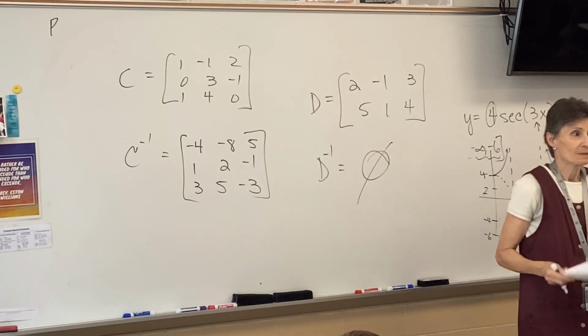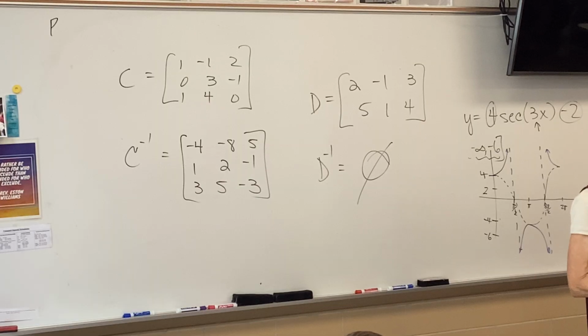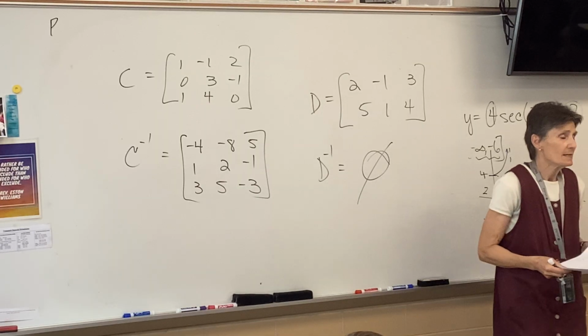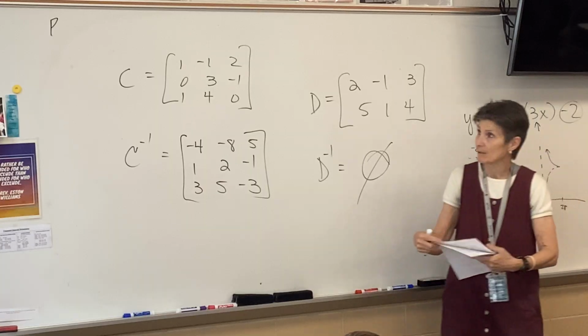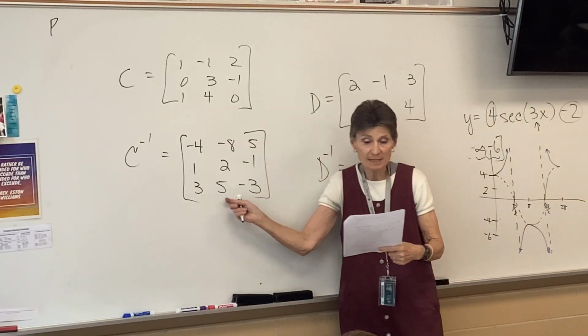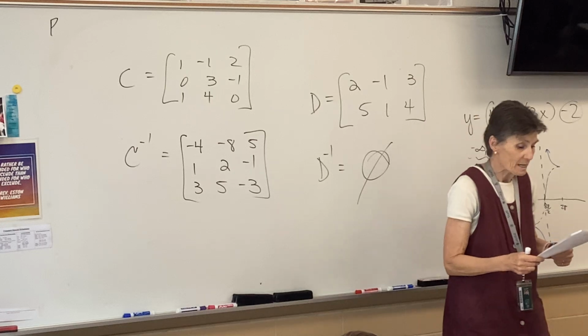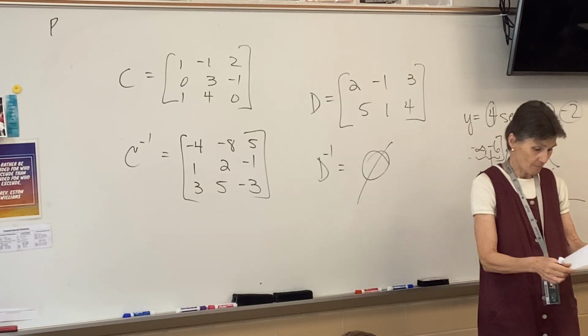Has to be square. If you are going to find the inverse of a matrix, it must be square. So, we could find the inverse of C because it was square. We cannot find the inverse